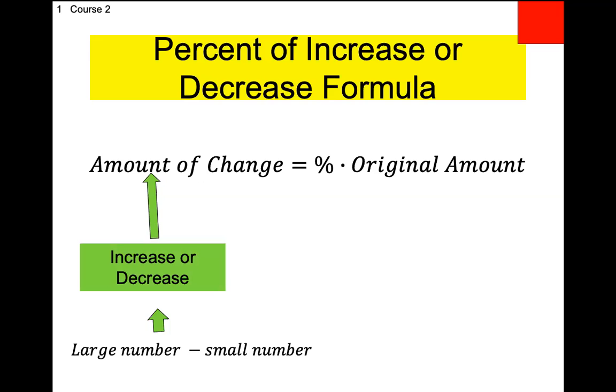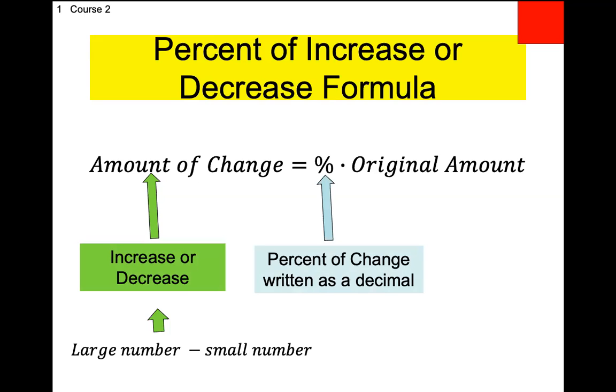You're like, well, it doesn't seem so hard. Yeah, you'll see why it's harder in a second. So you just take the two numbers. Hey, we went from 4 to 6. That's 6 minus 4. That's a 2. Percent of change. What did we do yesterday in the formula? What do we have this as? A decimal. It's got to be written as a decimal. So the percent of change will be written as a decimal.